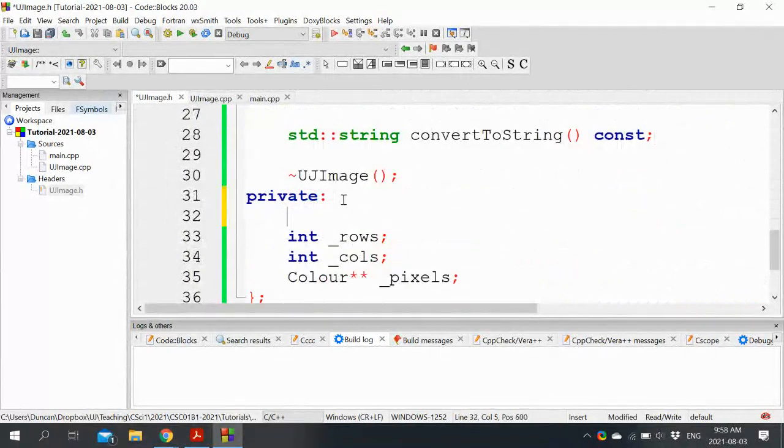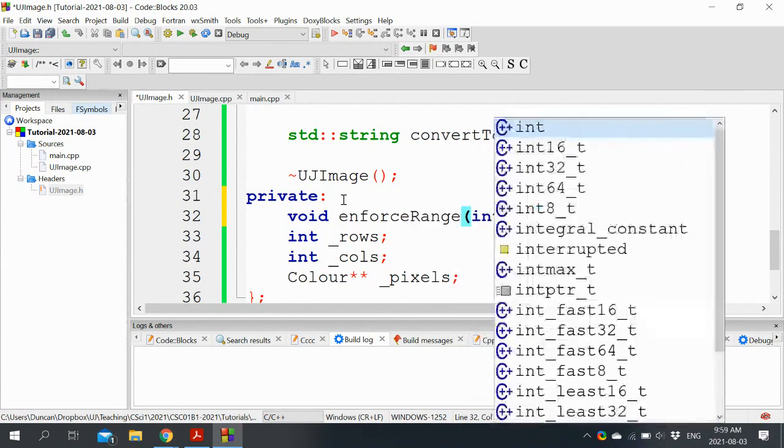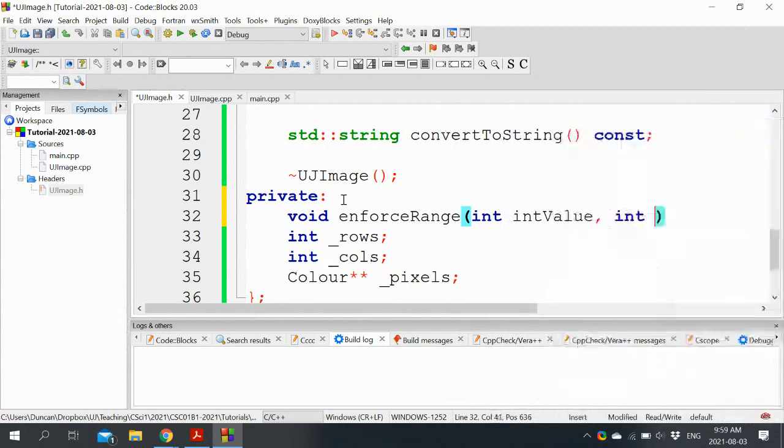We also, since we're at it, probably a good idea to think about enforcing the logical properties of the data type. So what are those properties going to be? They're going to be that the different things will be inside a particular range. So we're going to have a value, and some minimum and some maximum.